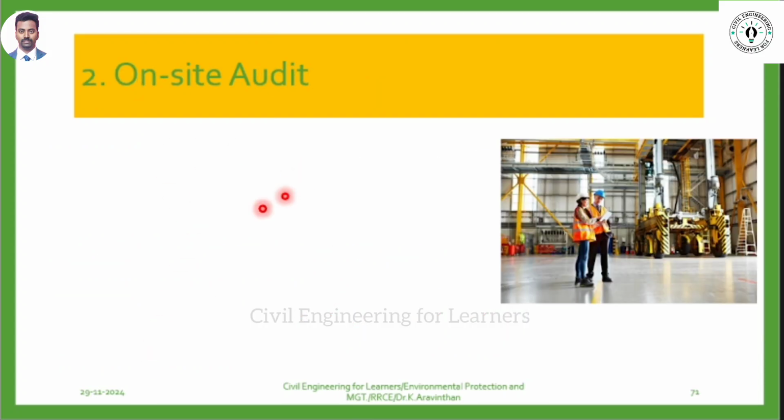The second one is the on-site audit. Before an audit, they will say that we are going to come to your company from December 7th to December 9th. They will give the dates. On these 3 dates, they will go to the company. Before that also, they will check their documents. During the visit, whatever is suspicious, whatever they find is not compliant, they will go and